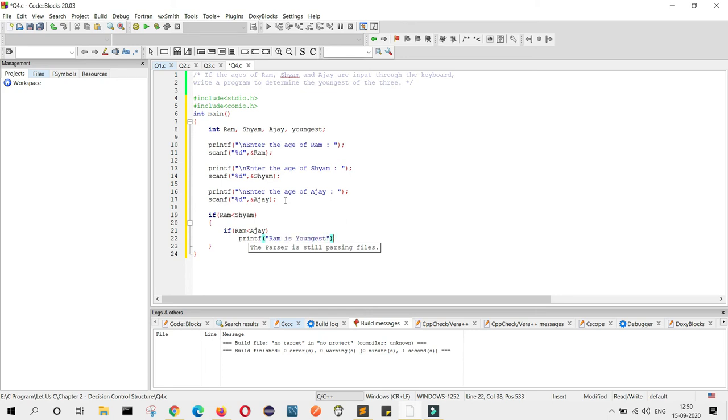Fine. Else, I just copy this line and paste here. Else Ajay is youngest.